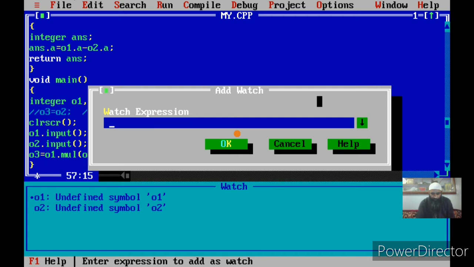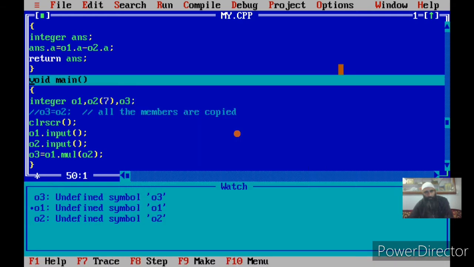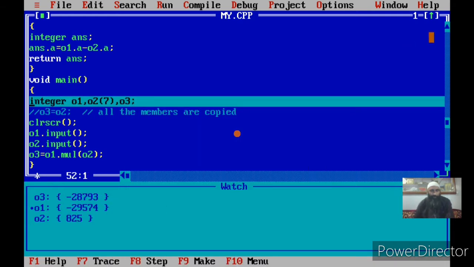So I will watch O3 also. Okay, now I can run the program. First O1, O2 and O3 are created. For O1, the default constructor will be called. For O2, I am calling an argument constructor, a parameterized constructor, because in this class I have implemented